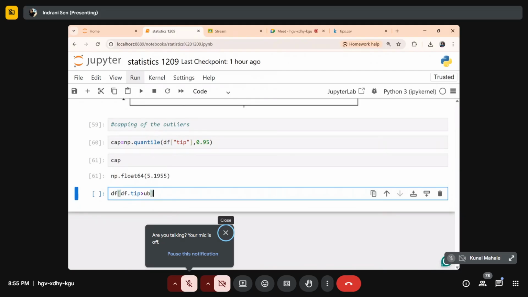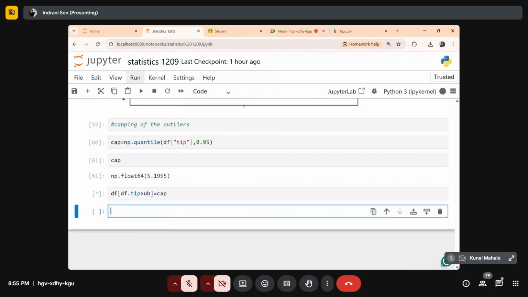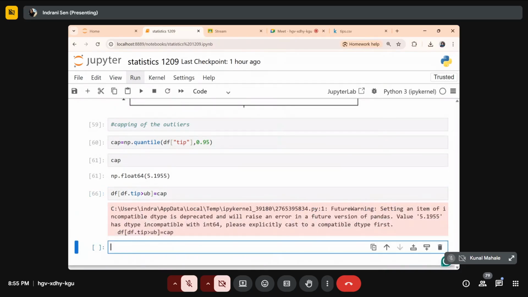This is the portion which is the outliers. So what I'm doing here, I'm just setting it equal to cap. If I do this, then I've already capped it. That means I've replaced the outlier. So now if you check the data again,